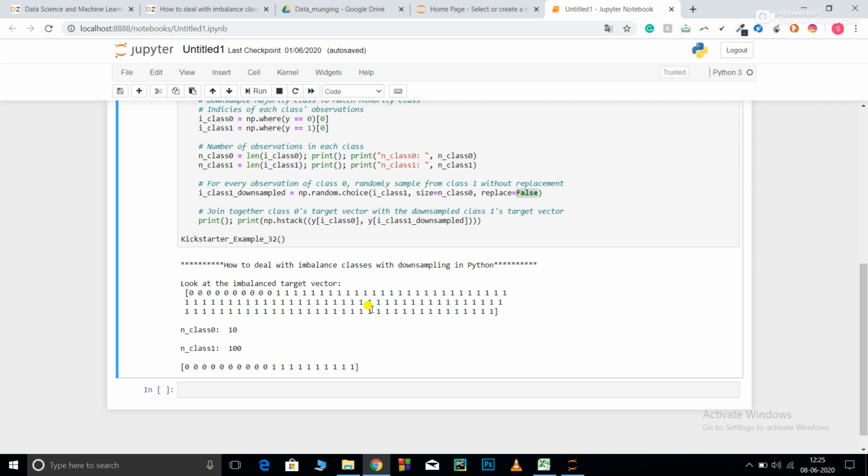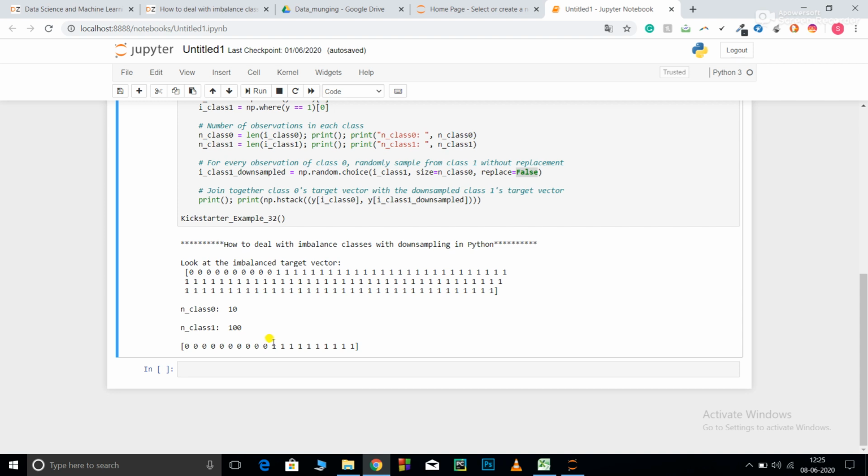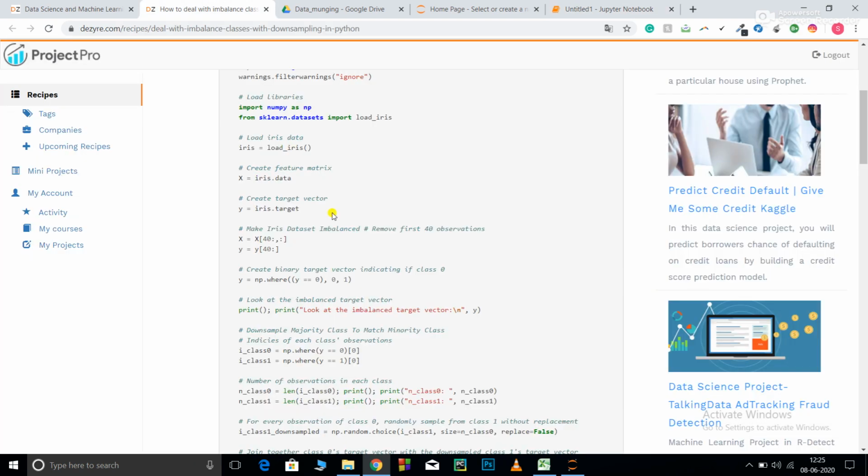When you have an abundant number of data points, you can opt for downsampling. So now you can see both of my classes are almost 50-50%. Now when I do batch processing, there is an equal probability for class A as well as class B to go into my batches, and then my model is able to frequently and easily pick up patterns. So this was all about the code in this video.